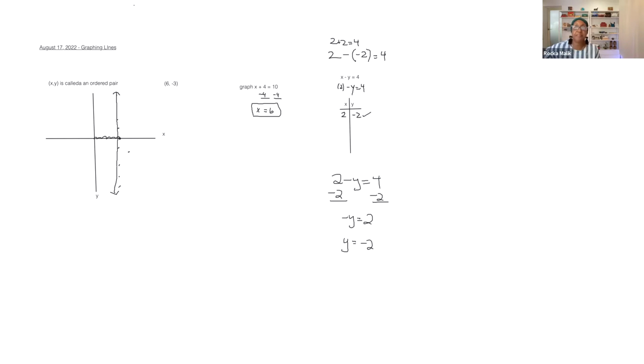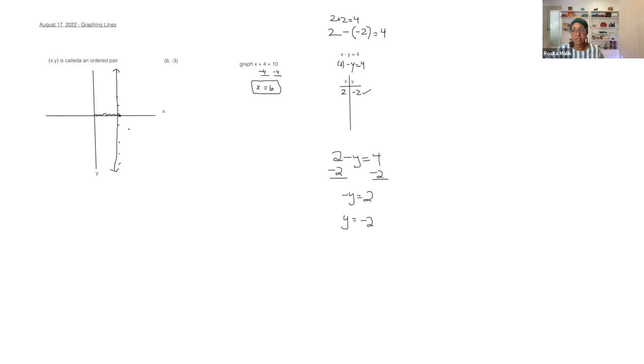So all of that is only 1 point. Sorry to tell you that. And I need at least 2 points to make a line, but I always put in a third point just to check that I was doing the first 2 correctly. So give me another number for what I can choose for x. Anybody? 4? Okay, so if x is 4,